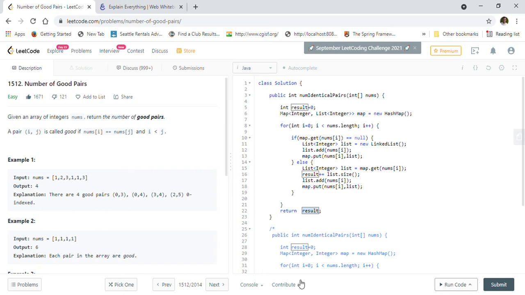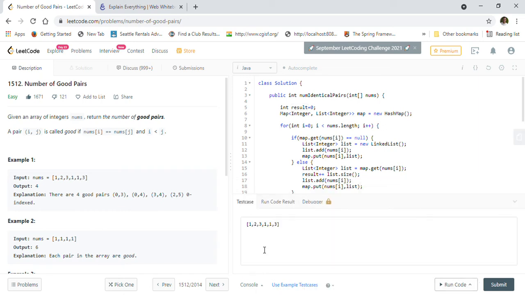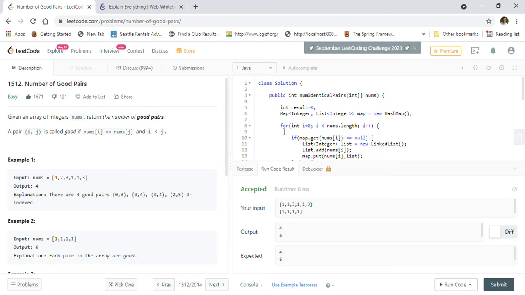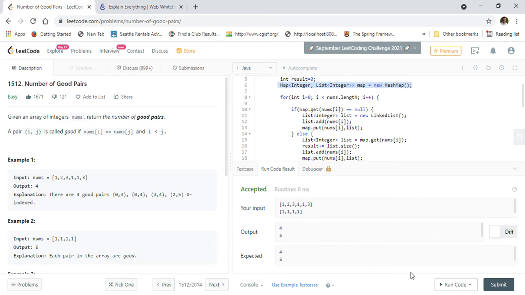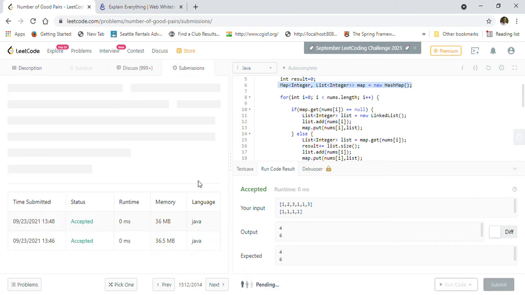So let me show you quickly. Let's take all the examples here and make sure this works fine. So this is order of n. We are only traversing the array one time, right? This is a for loop, so order of n time complexity, and the map we will be using will occupy space, so that also might have n elements here. So you can say roughly order of n for the map also for space complexity, right? Because we are using a map. So here we are getting a correct answer, so we will submit.